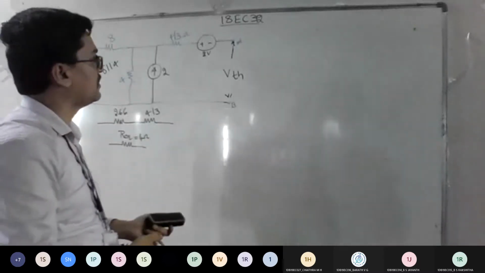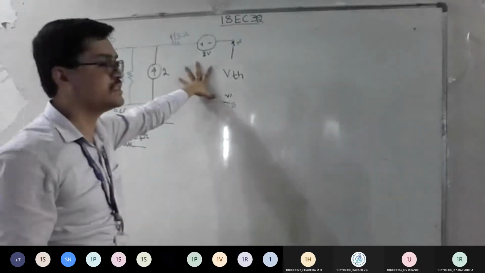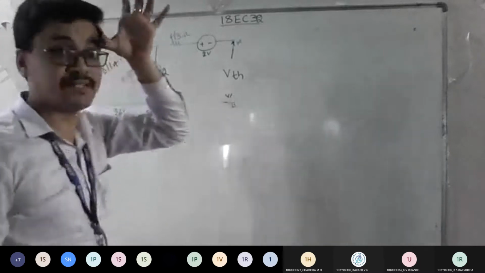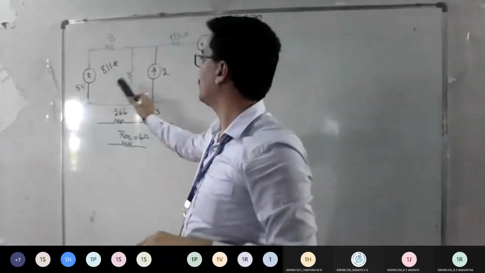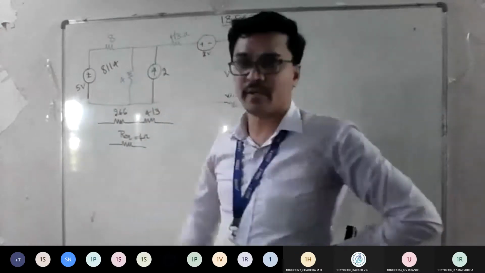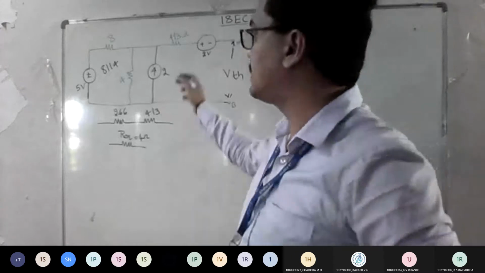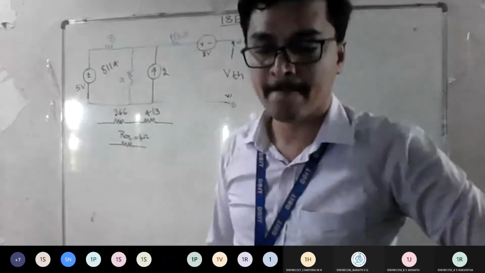Right? So how many meshes again? 1, 2 and 3. So I know that this mesh current is not there. Right? So what can be done? Just check out once. See if you have I1, I2 and I3. So we know that between I2 and I3 there is a super mesh. Correct? So I3 is 0. I can get the answer of I2 itself as 2 amps. And I can proceed, I can solve. Yes or no here?